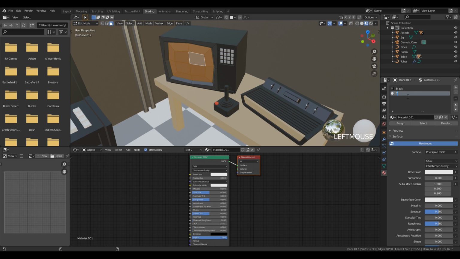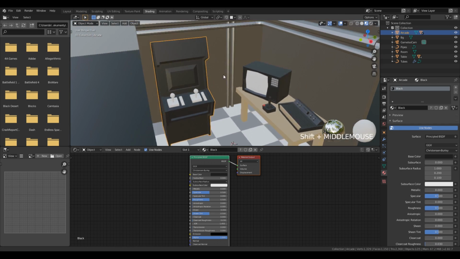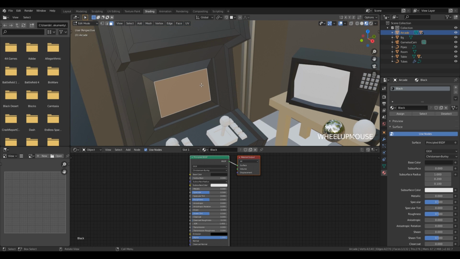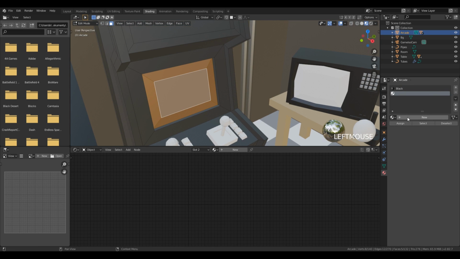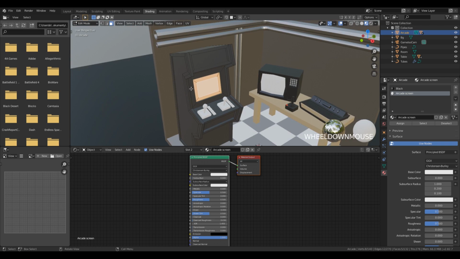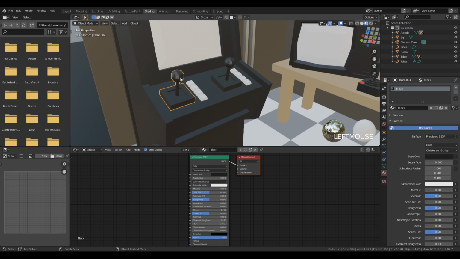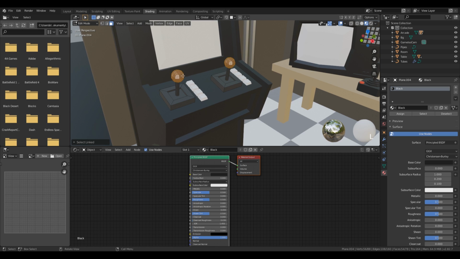Let's call this TV screen. Let's click assign, so we have it prepared, and we can do the same stuff here for the arcade. So let's create arcade screen and assign, and right here we can give a black material to those. Press L,